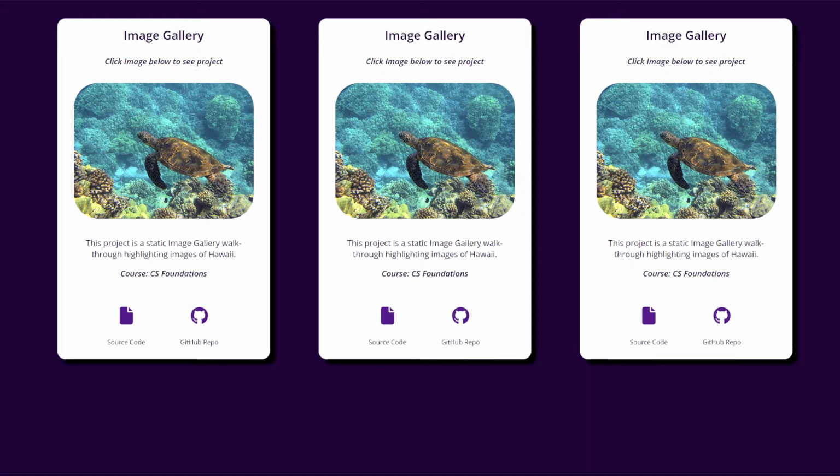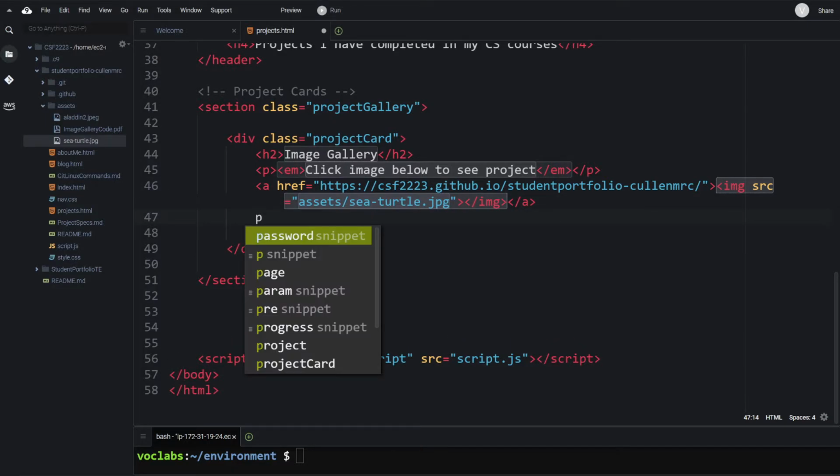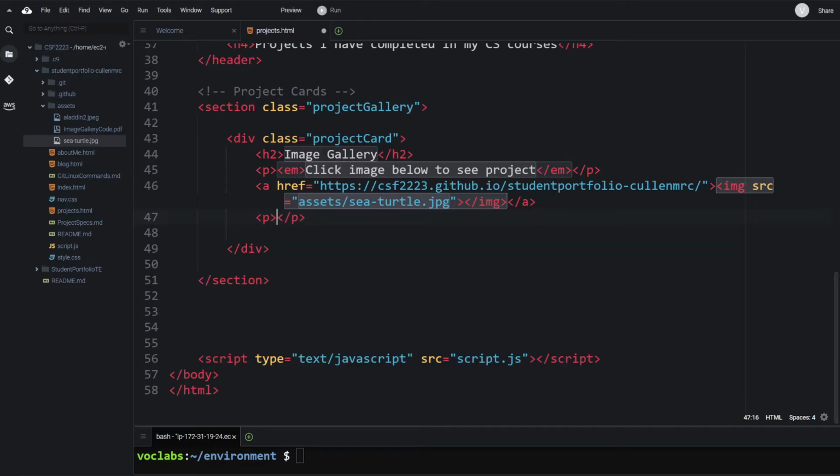Now we want to put in a paragraph tag describing the project. So I'm just working my way down. So this is going to be a p tag, p snippet for paragraph element. And we're going to put a description. This is a static website image gallery of